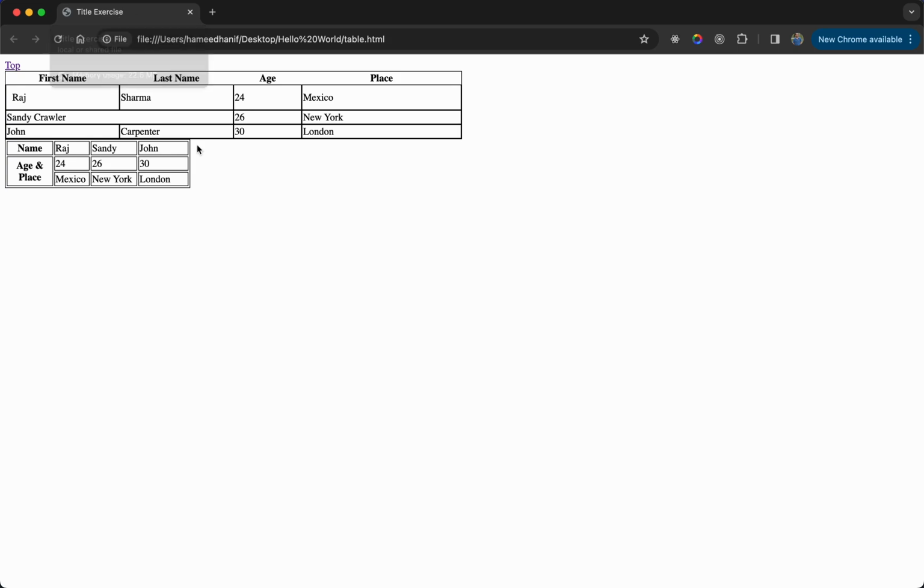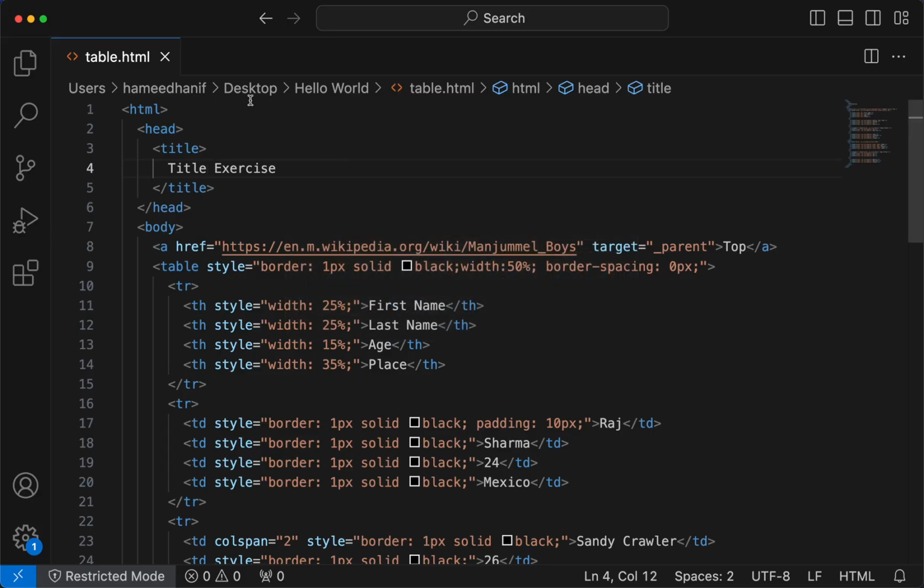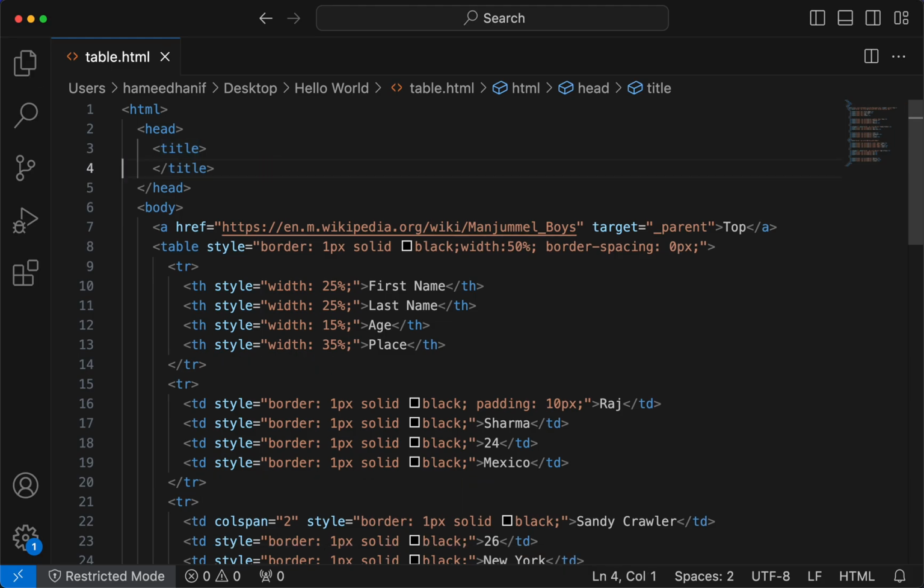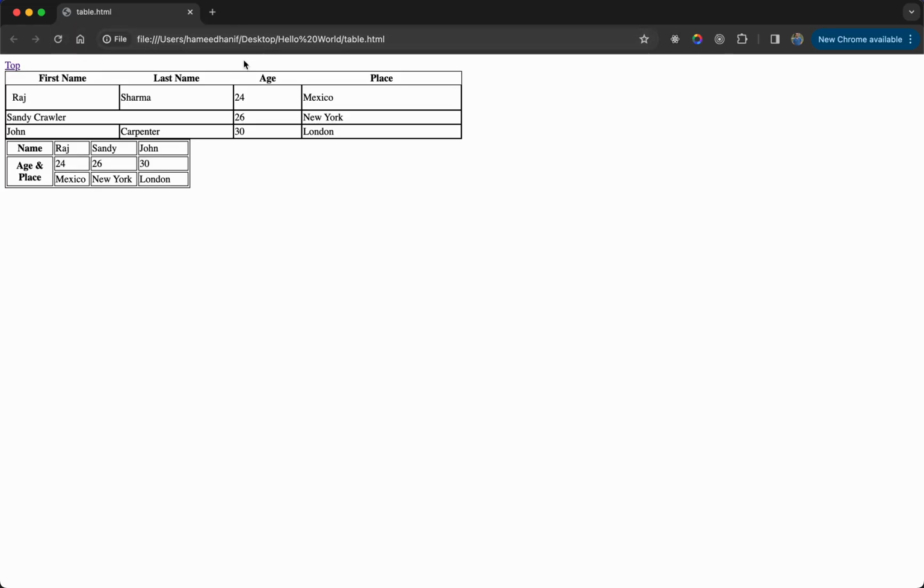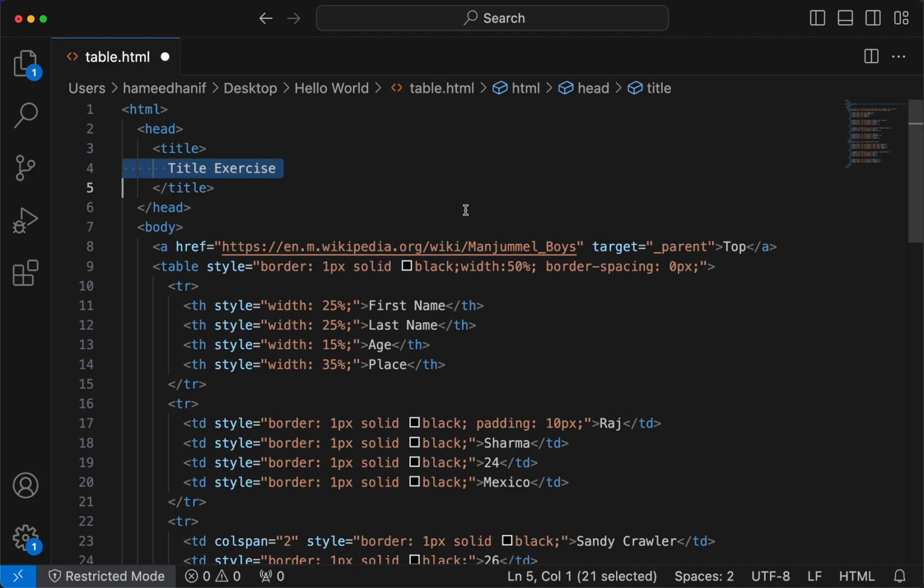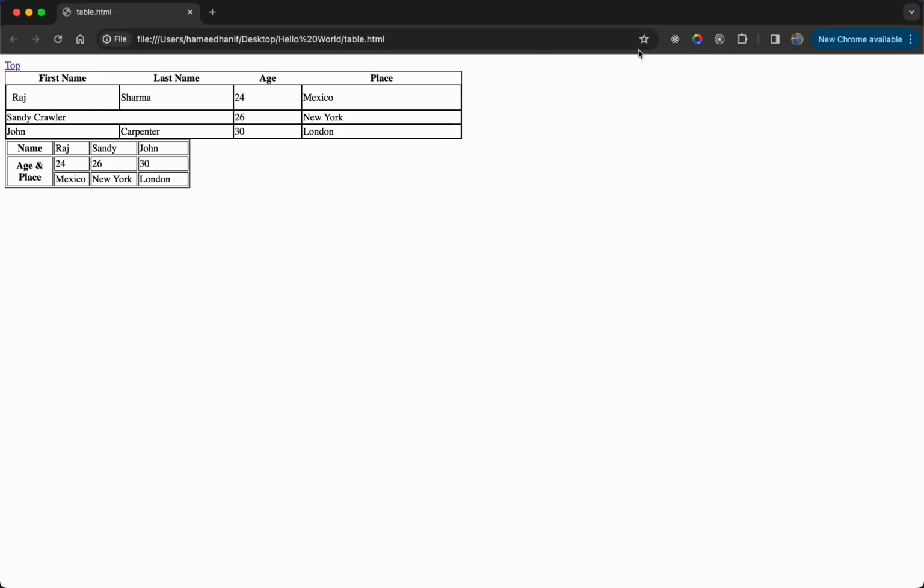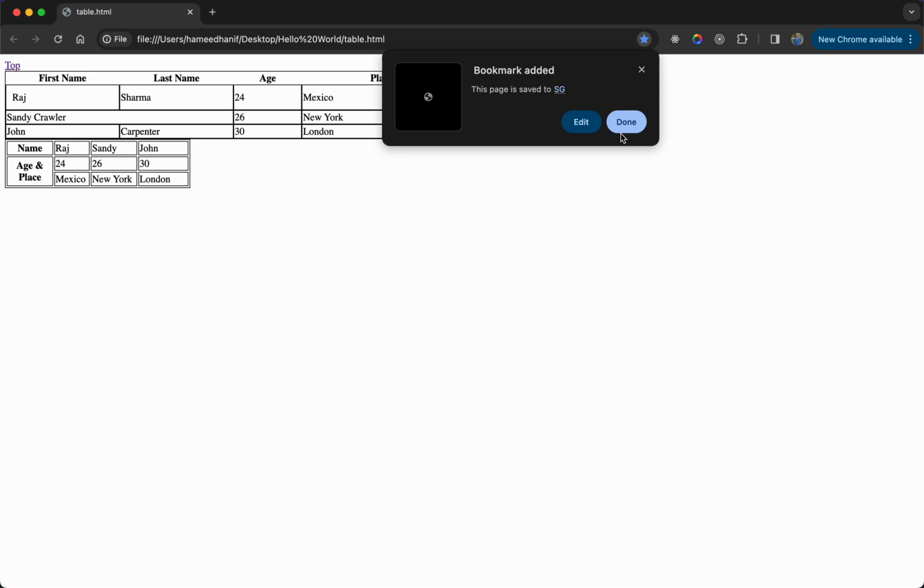Now there are a few reasons for using a title tag. Just imagine you open a website and there is no title. Well, it doesn't look nice, right? So all you end up with is a file name. Now, if I have the title exercise, if I try to bookmark this website or this page,